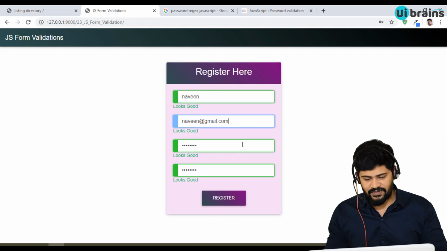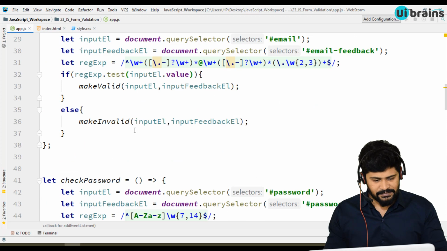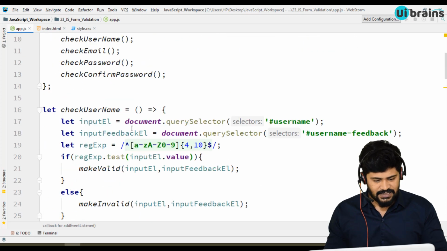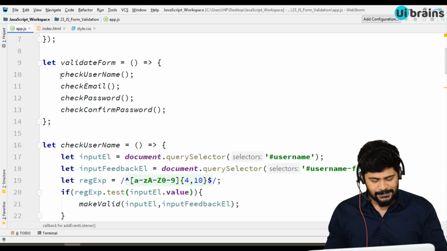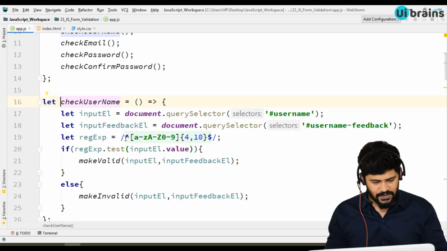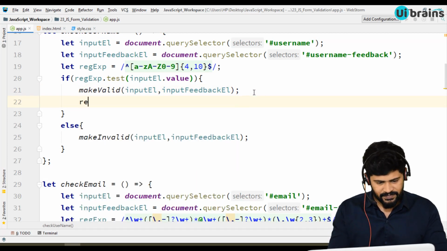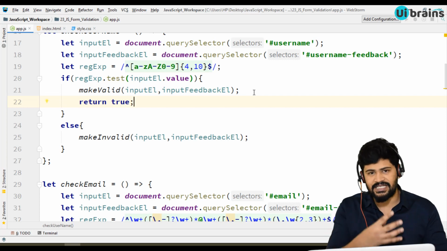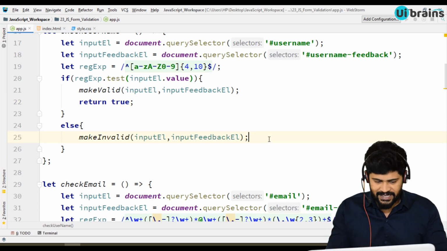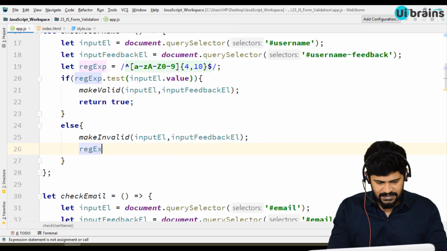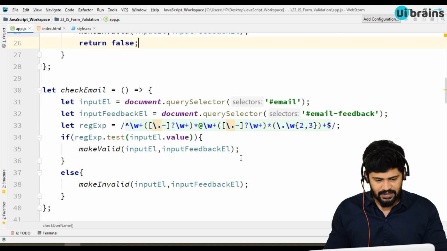So how we get the result for each field is, see here, I'm doing checkUsername, right? For checkUsername, if it is valid, I say return true. It just gives a confirmation as true. If it failed, it returns false. So let's make the same thing for all.